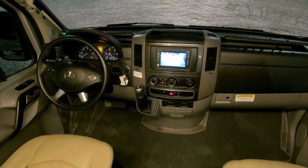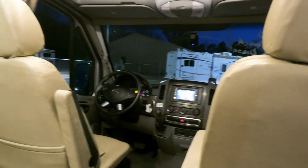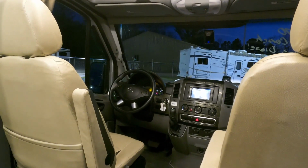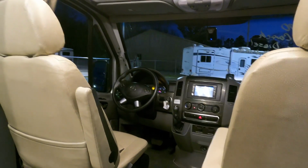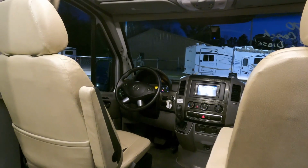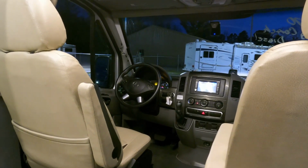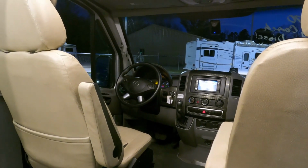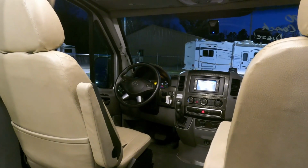It's called RVIA. Yeah, I'm about to throw this thing away as soon as my GoPro 10 comes in. But what I'm getting at about homemade camper vans is that all the manufacturers build to code. When somebody has a homemade camper van, you don't know who's done what, and there's no codes, no inspections. You don't know if the person you're buying the van from did the wiring with probably no experience whatsoever, or